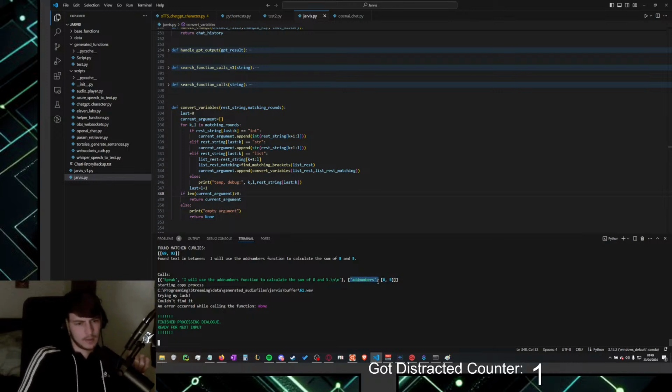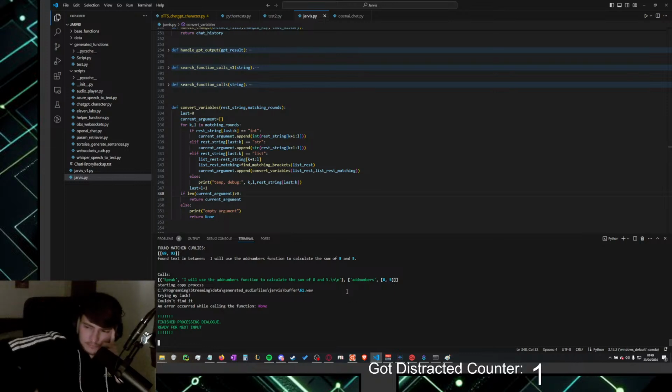So it called add numbers and the argument is a list. But in the function it needs to be 2 individual numbers, so that's probably a problem. Can I generally solve that?